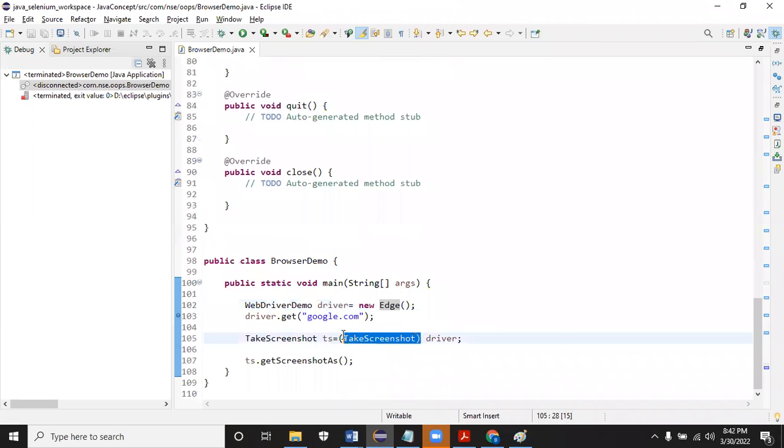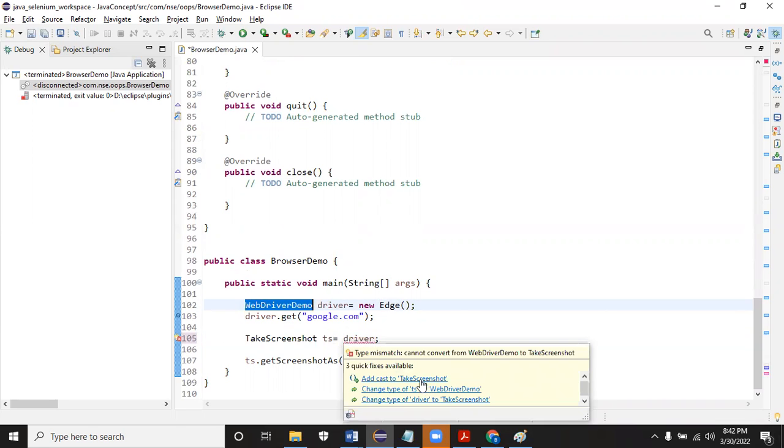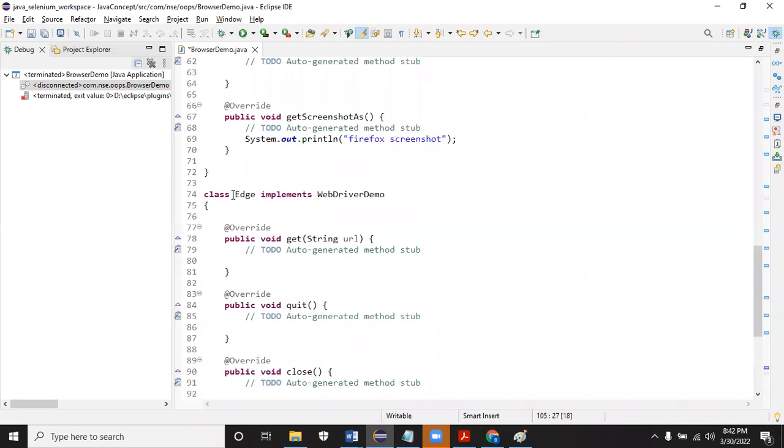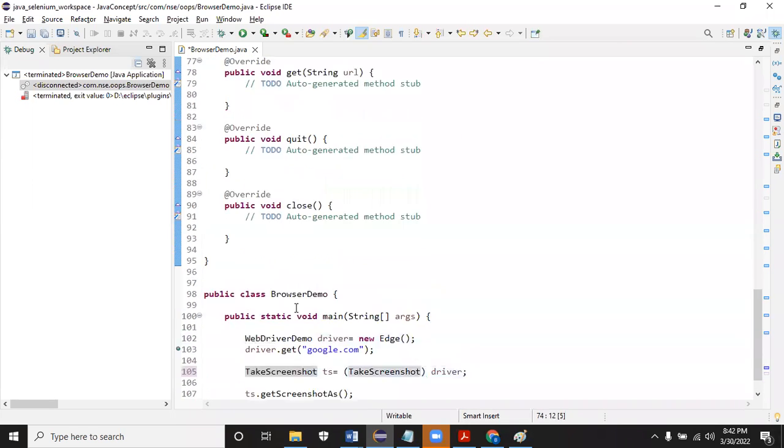Okay. Now, while adding this, it will throw an error. It will ask why you are assigning TakesScreenshot like this, WebDriver equal to WebDriver. And it will give you some solution: cast. You can do a cast for anything. But what you need to understand is that driver is holding new Edge. What is the relationship between this Edge and TakesScreenshot? You need to understand whether you can store the object of Edge in TakesScreenshot or not. Now you see, there is no relationship between Edge and TakesScreenshot.